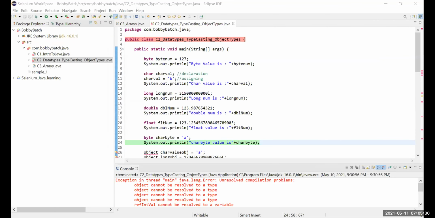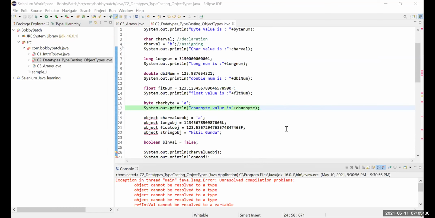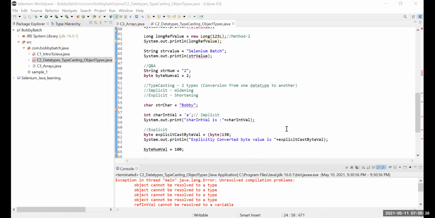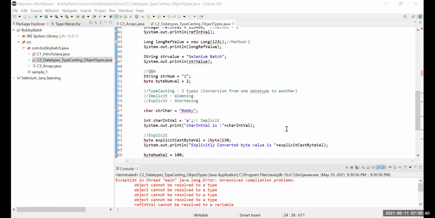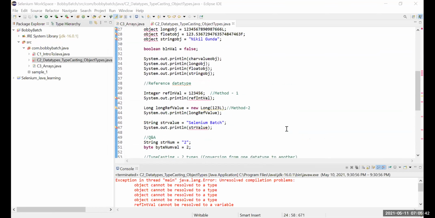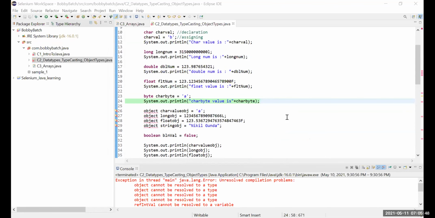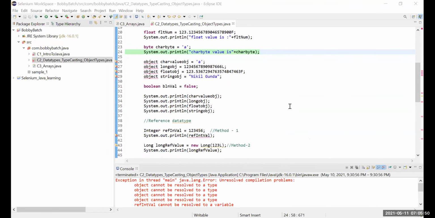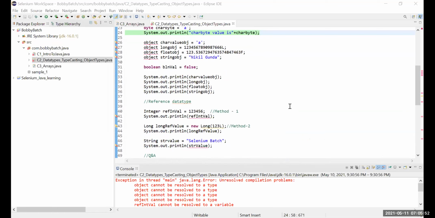I give permission. See? Unresolved compilation problems. See, already it is showing where the errors are. What is the error? Because I think I clearly followed your instruction.